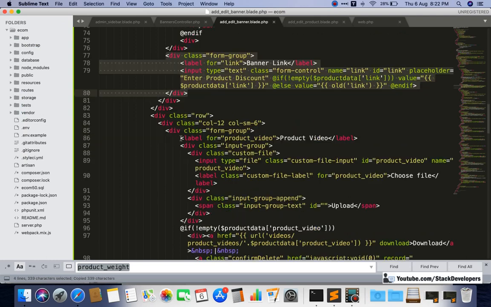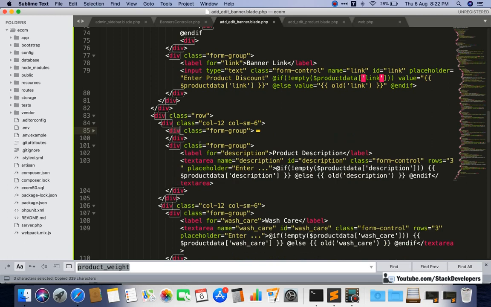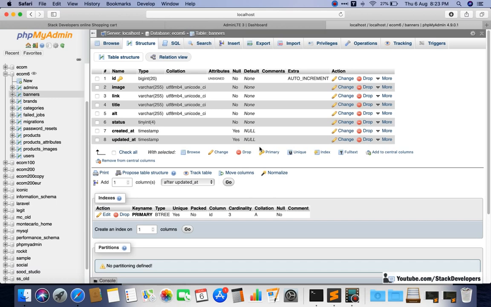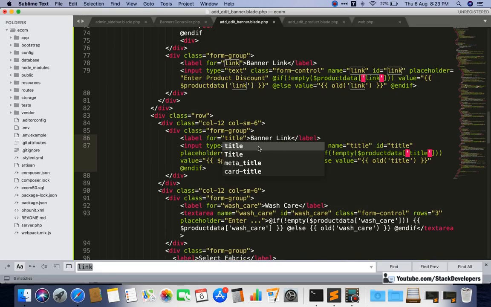So I will just copy and paste here. These two fields are not required. You can simply copy this one here, and here I am going to update it to title, banner title. And here also we need to update, enter banner link.